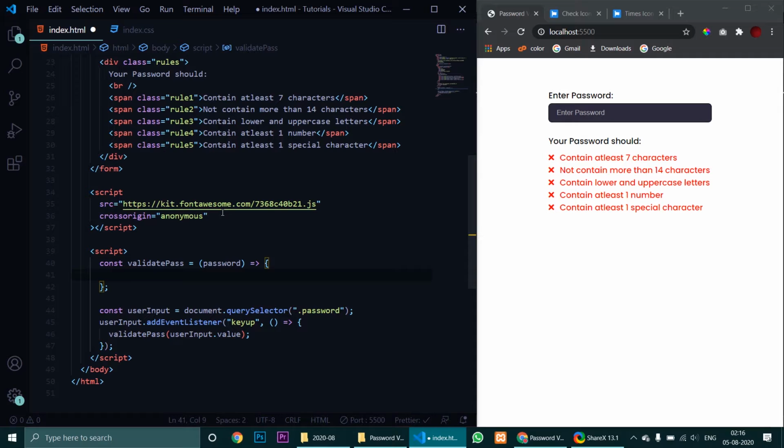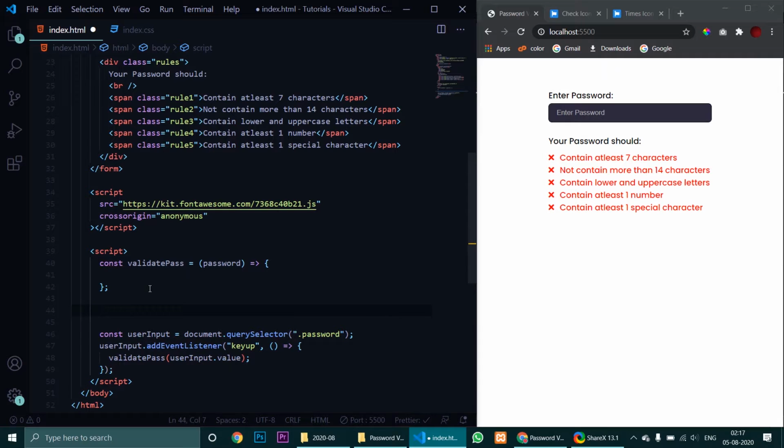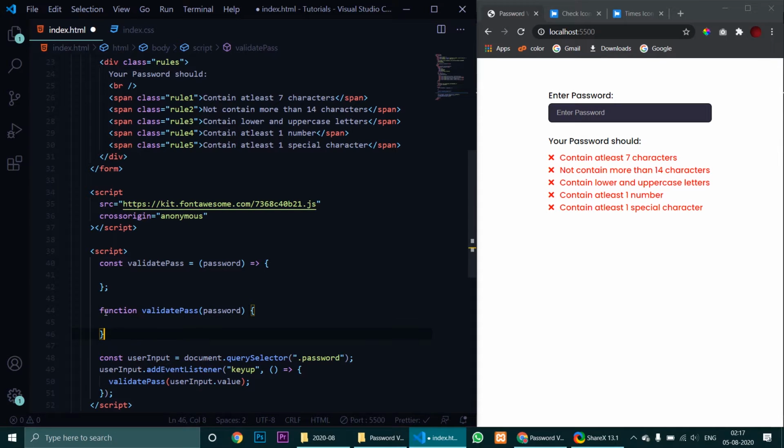Yeah, I am using the ES6 method of defining a function. You can also use the old method, the old method will be something like this: function validate pass. Yeah, this is the old method of defining it, but I am using the latest method, which is like this. You can use whatever you prefer.